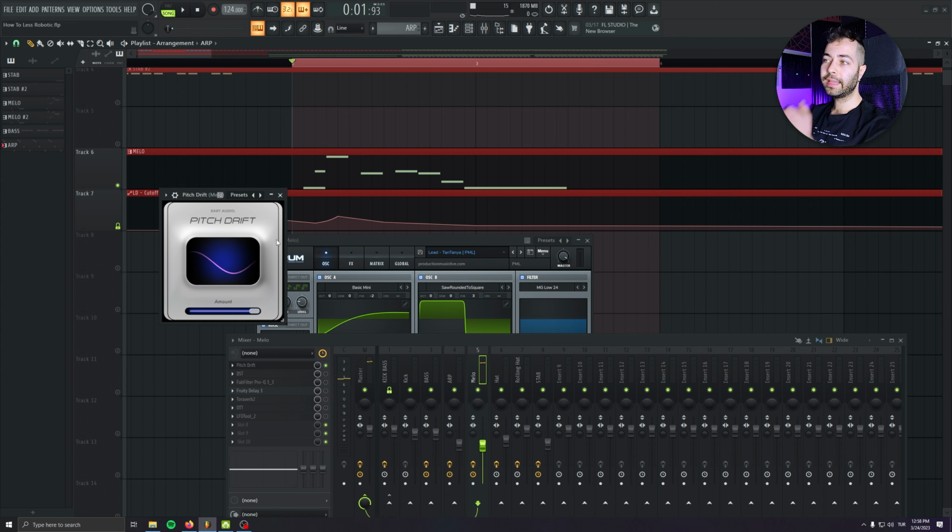As you see, every time the lead plays, because this is a pitch drift plugin not synced with tempo, it's adding some imperfections. It's pitching it up and down very randomly. And if you use it at maybe 20% or 30%,